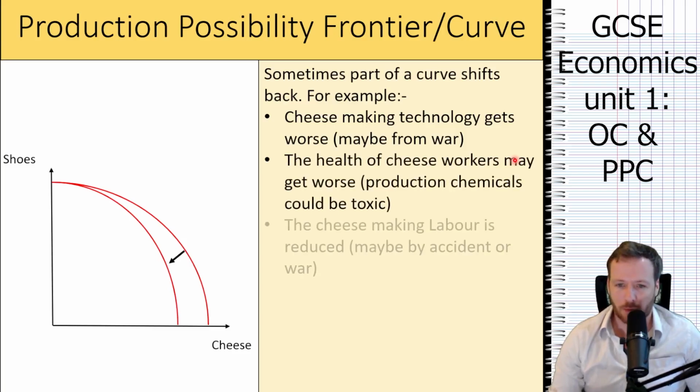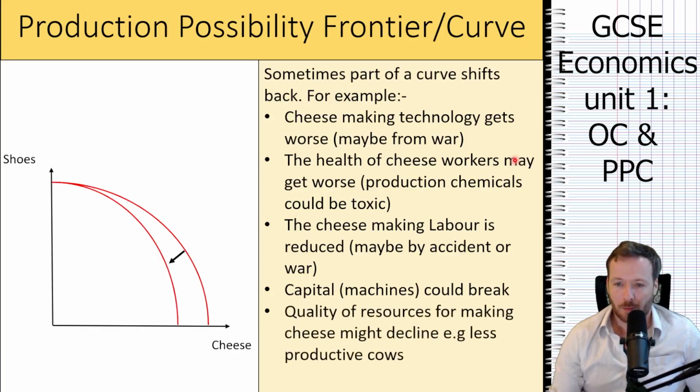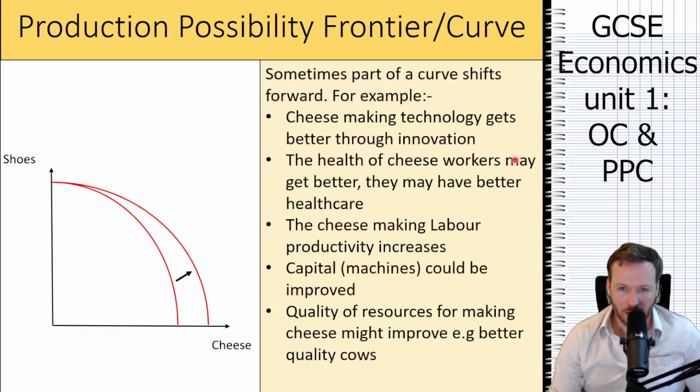The environment might not be very good. We might have people leaving the company. Machines might not be replaced. Or the quality of resources might decline. What if the cows get sick, or they've got not enough grass to eat and they don't get as fertile as they once were? On the other side, we might have better technology through innovation, faster processes, better healthcare from